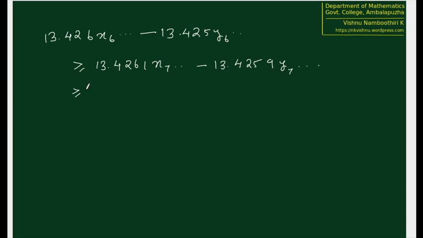Now think of these two numbers, ignoring 13.4261, etc. You just forget about all these digits and just consider that this is 61 point something and this is 59 point something. So if you have 61 point something and 59 point something, the difference is not going to be greater than or equal to 2, but the difference is going to be greater than or equal to 1. Therefore, here we have 61. Therefore, the difference is going to be 0 point, greater than or equal to 0.0001,